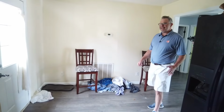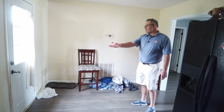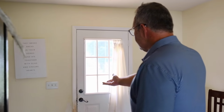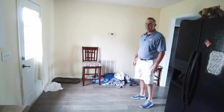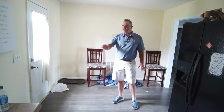Okay guys, let's check out the kitchen. One thing I noticed right off the bat, trim around the door. There's the culprit of the smell. You can see where they've had a dog scratching up the door frame, so we won't get those looking really sharp. Another thing that I can see right now in the kitchen, although the kitchen does have some good qualities,